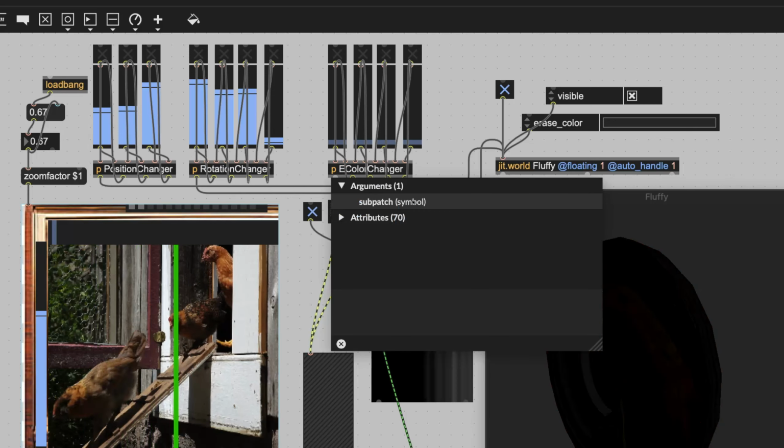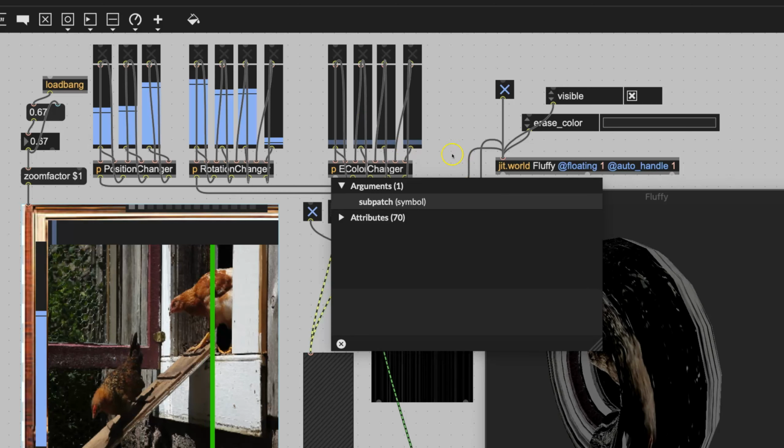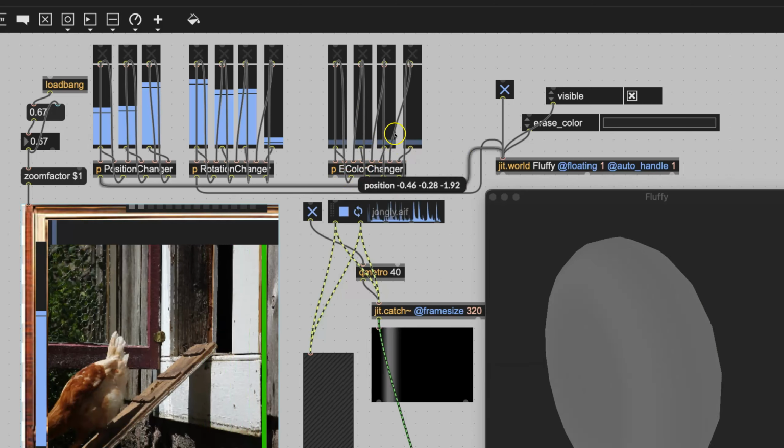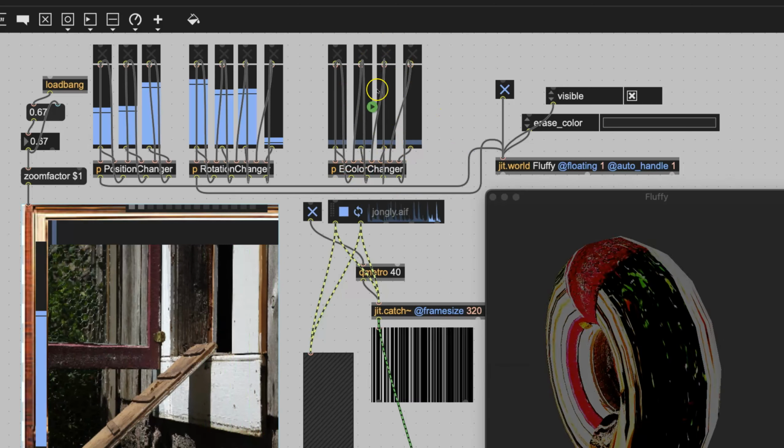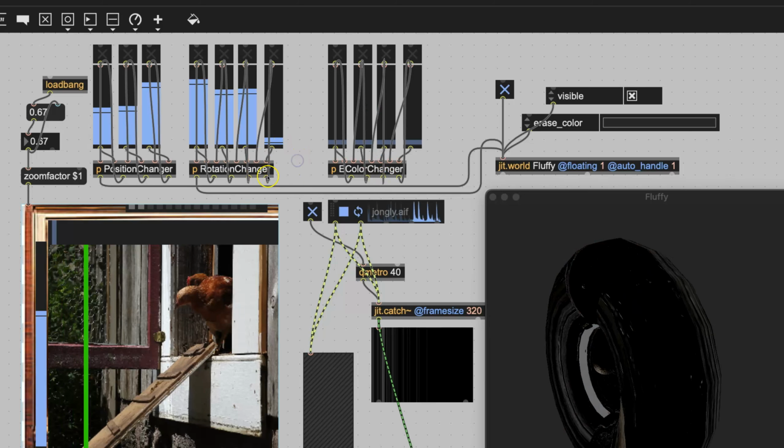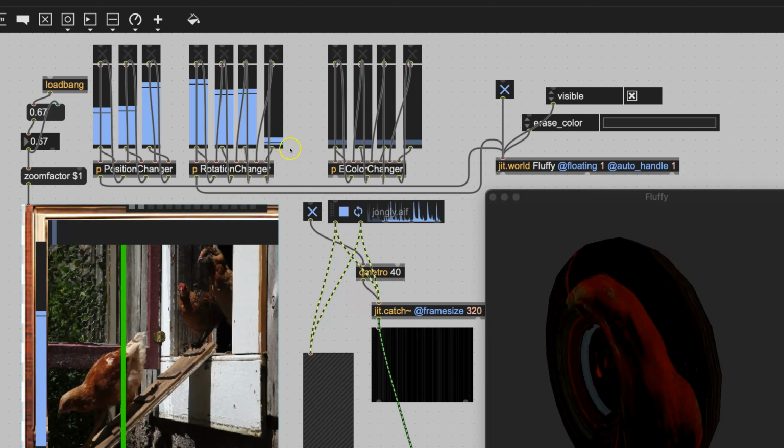E-color changer. It doesn't really matter what you call it. This is just a subpatcher. But now that we have that with four things on it, we'll go back to this one